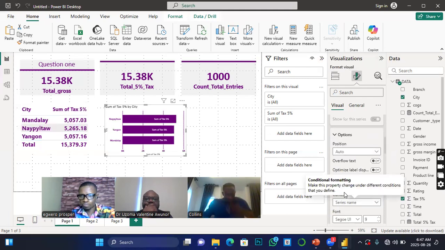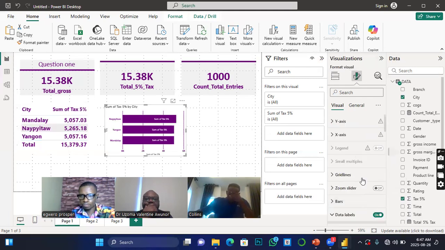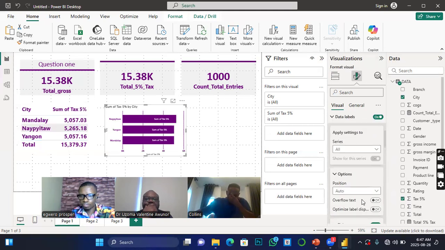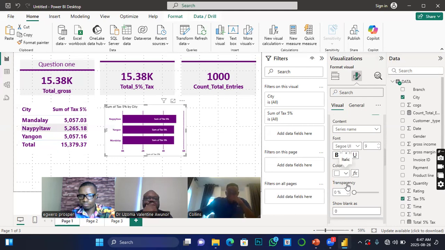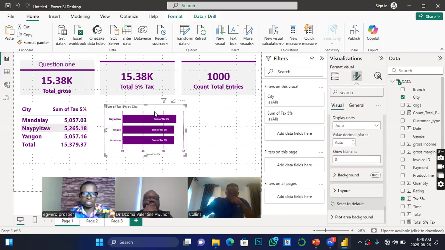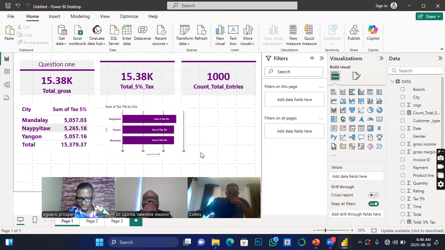Value. Let me look at. Okay, so let me just go with this. Just take your time. You're able to see all the elements and format them. Now, the next question I want to answer before we bring the meeting to an end is the second question that says